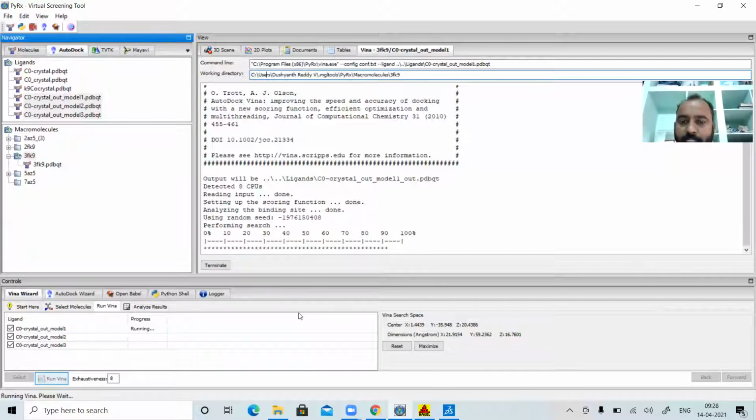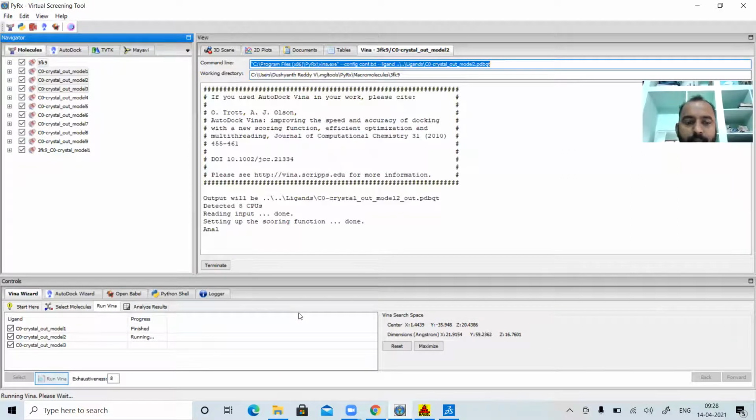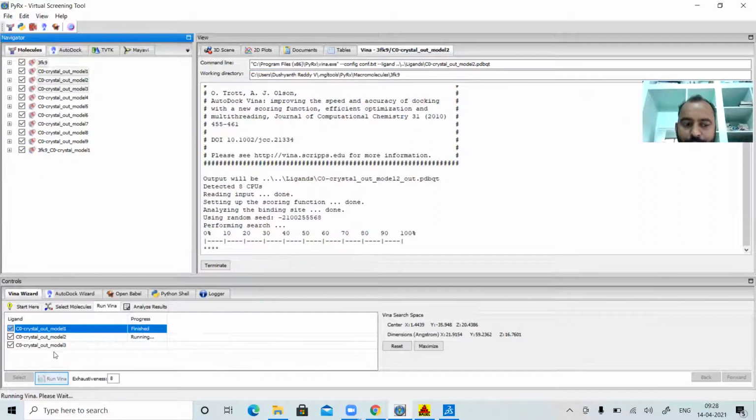Even the docking is yet to complete now. Let us see how the binding affinity score in kilocalories per mole appears on your screen, and how to see the output of your ligand molecules. See, now my results are completed. One ligand is finished, now it has gone to the second ligand. Now you go and check, the second ligand is running. Now again, if you go, the third ligand will be running. So it's very fast and furious. So you should not bother about the output information.